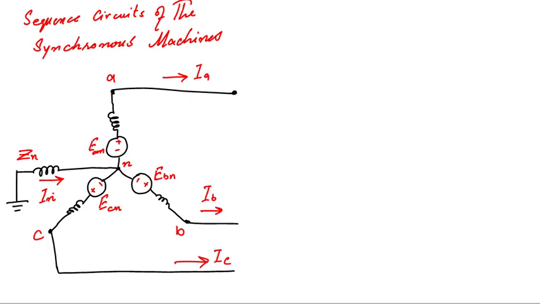So here it is important to note the direction of current through the neutral path. In case of load or any other point of the system, neutral current will flow into the ground from the neutral point. But here in case of machine, the three currents are flowing out of the machine because it is acting as a source. So that's why neutral current will flow from ground to the neutral over here in generator.